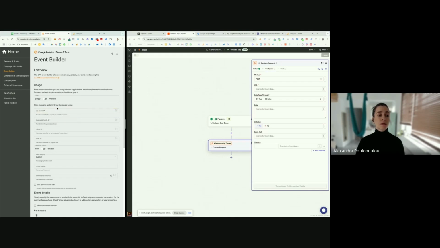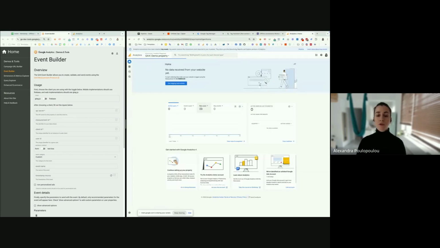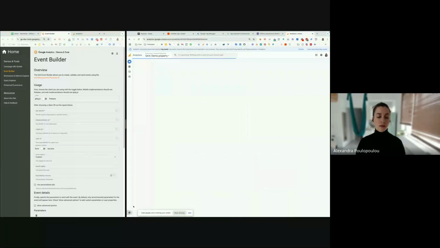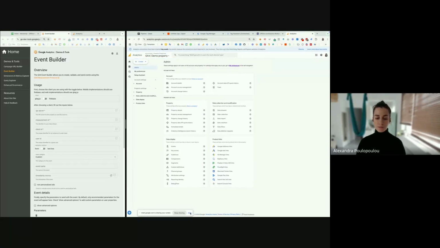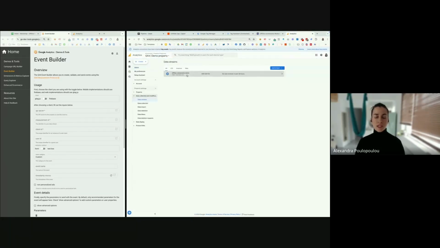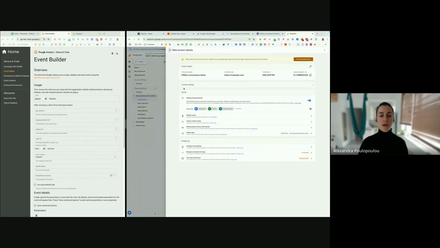So we need our API secret for the measurement protocol to work. What is an API secret and where do you find it? You can go to your Google Analytics again and select Admin. In your data streams, the same steps as before, you can open your data stream, and here you will find the measurement protocol API secrets.